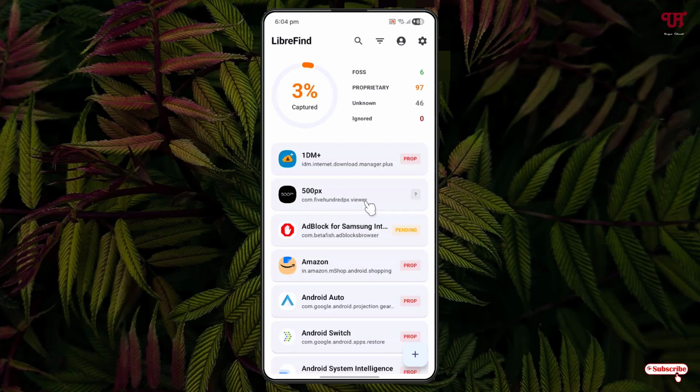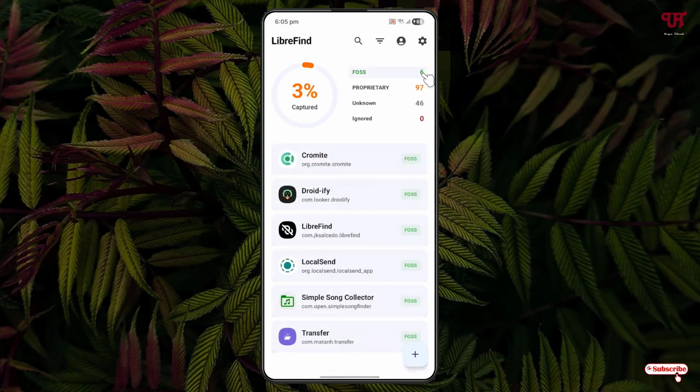So now you can see in my case this many proprietary apps are installed and there are 6 FOSS, which is free and open source software. So you can click directly on the respective number, then it will show you all the proprietary apps, and if you want to check for the FOSS applications, then you can just click on this number and it will show you